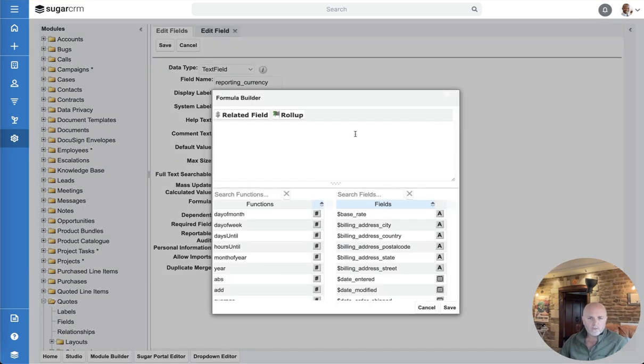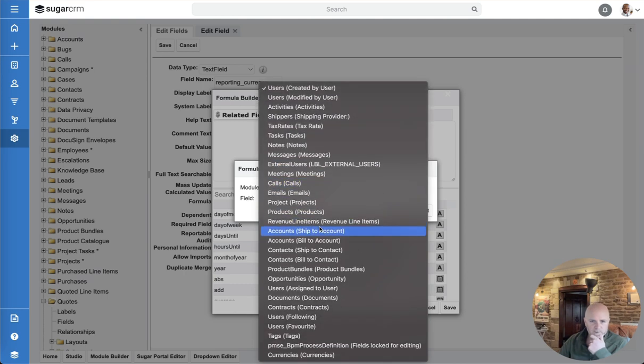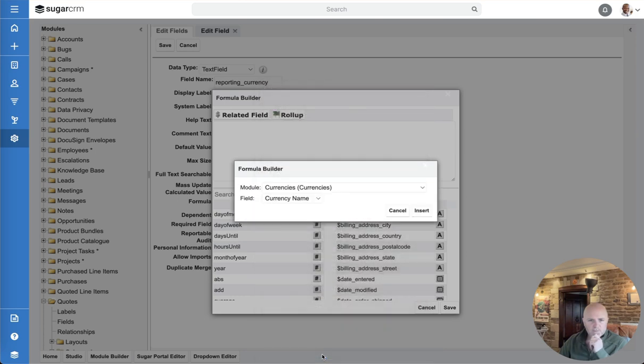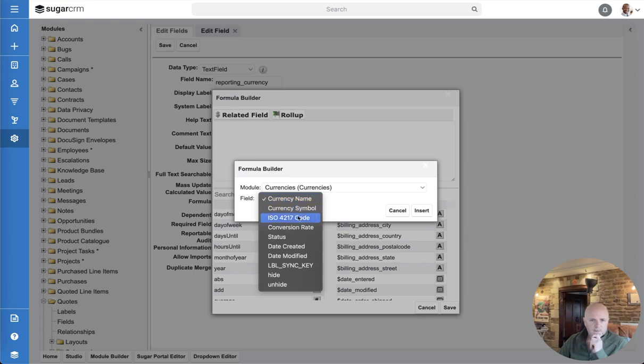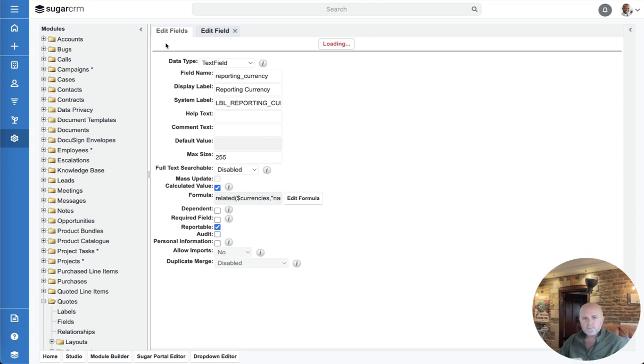And when you edit the formula, you can select from related modules, one of which is of course the tax rates, but that will just display the actual decimal value of the rate. But right at the bottom, there's the module link to the currencies module. And from here, you can select the currency name, the currency symbol, whatever fields is from the currencies module, really. So if we select currency name and save that field,